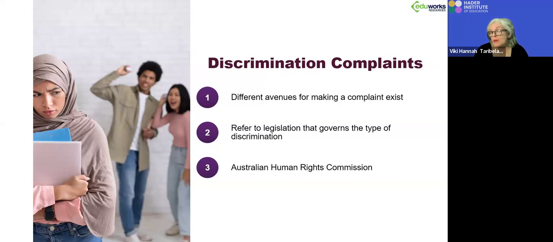In the sector, most staff have to refresh and do that twice a year to be current in that space. I encourage you to go there as part of your studies, and once you've completed that, they will email you the certificate, and that's great to have in your resume as well. It may be a requirement when you start a role, but it's also something that you can say, oh, I've just recently done that.